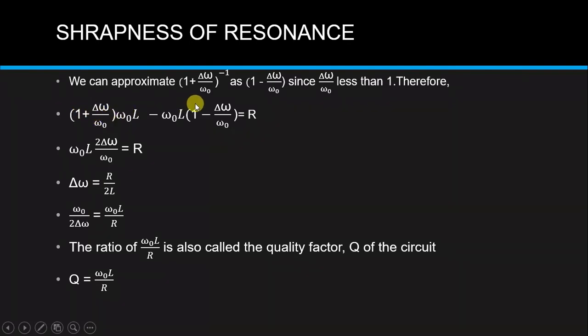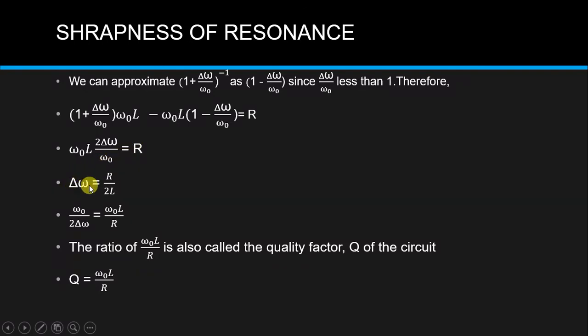So we will get omega 0 here. These omega 0 also cancel out. If we multiply omega 0 L into 1, it is a plus omega 0 L, so these both things will be cancelled out, and delta omega upon omega 0 into omega 0 L, minus here, minus will be plus. So also omega 0 L into delta omega upon omega 0. So we get the value equals omega 0 L into 2 delta omega upon omega 0, which equals R.